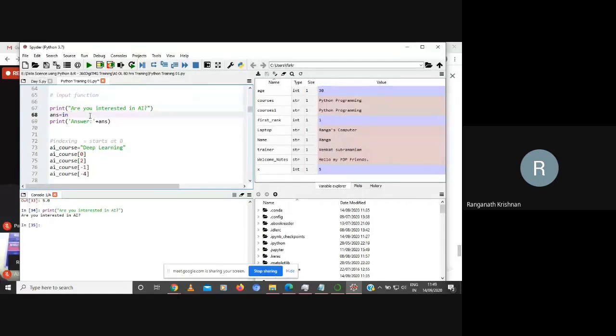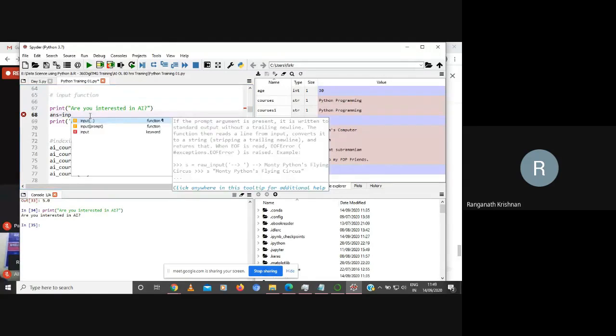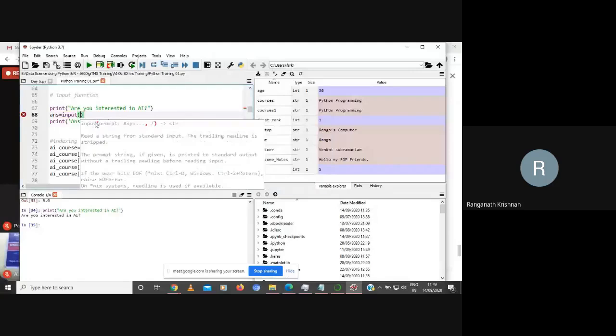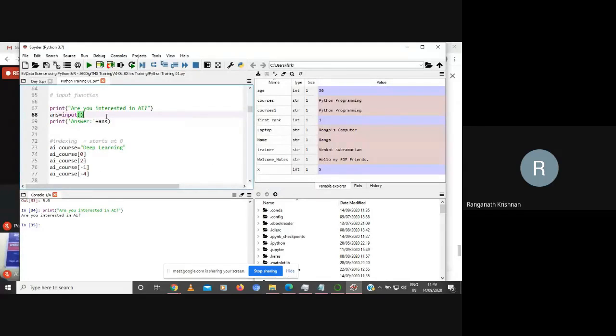I'll show you. I'm just going to type IN. See already, guys, see the prompt. It is telling you, okay, you want the input function or input with prompt. It also tells you that if the prompt argument is present, it is written to standard output without a trailing newline. I just don't have to do anything. It is an auto tooltip supplied by Python. Double click it. That's all. It did it for itself. And it is also very good at autocomplete.